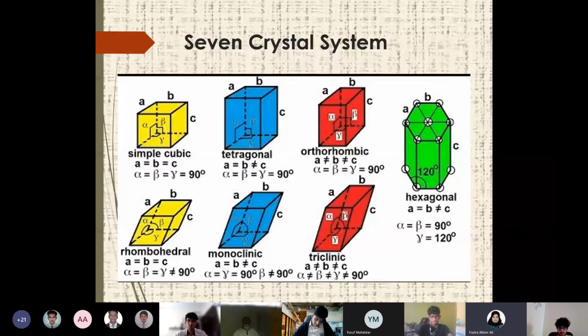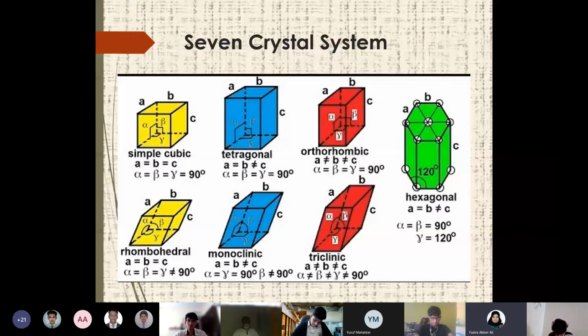So I think this was the last point we discussed yesterday, right? Yes, ma'am. Okay, so we got an idea what a space lattice is. Space lattice means the arrangement of particles throughout that substance in a three-dimensional way. That is what the space lattice or a crystal lattice is.